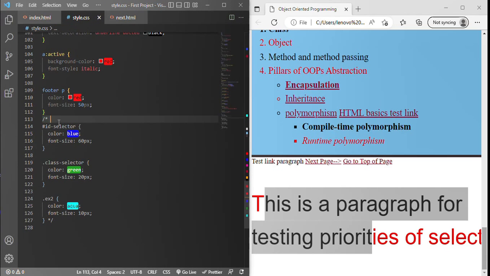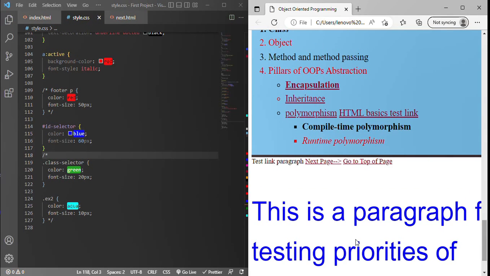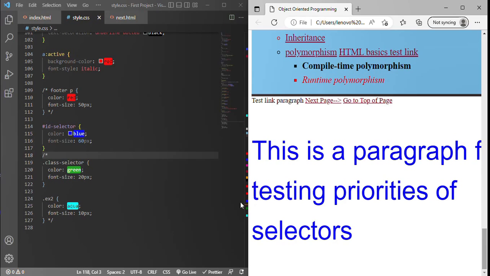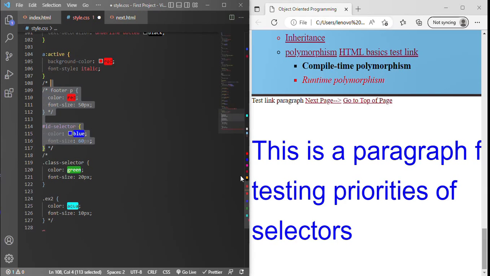If I remove this one and turn this into a comment, and I am adding the comment here. Okay, if I add an ID selector, let me see the change. It will be applied successfully. This is a paragraph which will be shown with blue color and 60 pixels. As for now, I am considering this entire thing as one paragraph, and I am removing this from here, including one sentence here. If I give a refresh,